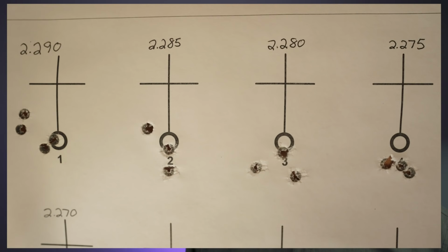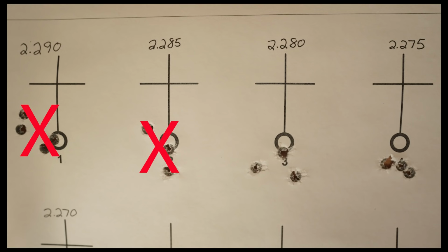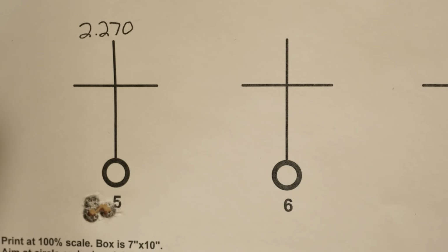So I went back home and loaded a bunch of rounds at 24.7 grains because that looked to be the best when I did the powder charges. I started at 2.290 inches, 40 thousandths longer than my original length, and decided I was just going to do 5 thousandths steps. 2.270,